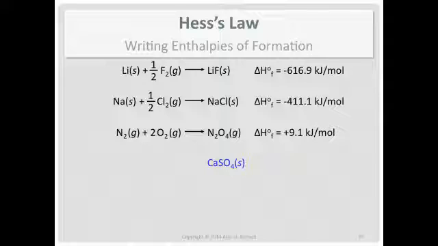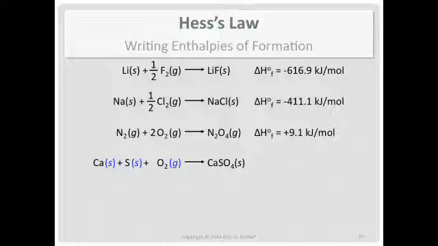Solid calcium sulfate. Don't think of that as calcium sulfate. I know we did that before, but you need to now think of it as a compound that has calcium, sulfur, and oxygen in it. There's calcium, sulfur, and oxygen, the elements. Calcium and sulfur are solids. Oxygen's a gas. Oh, reminder on sulfur. Sulfur is more appropriately described as S8. However, most books, and I'm going to follow along with that procedure, write it as just S.